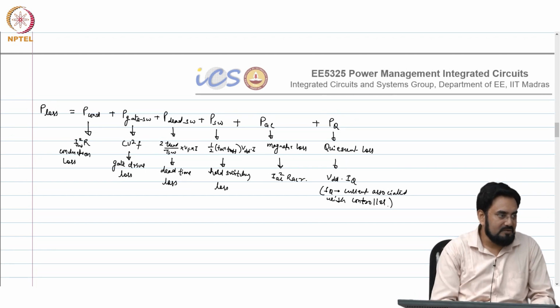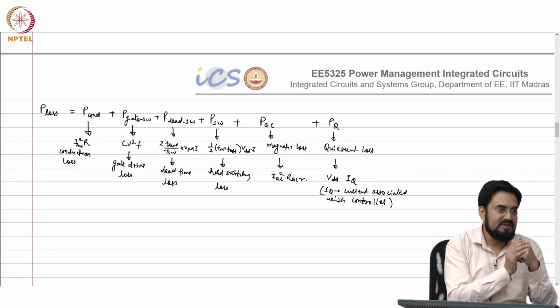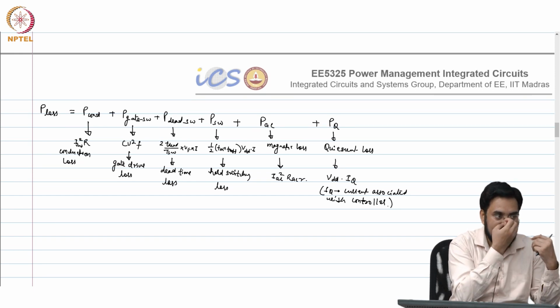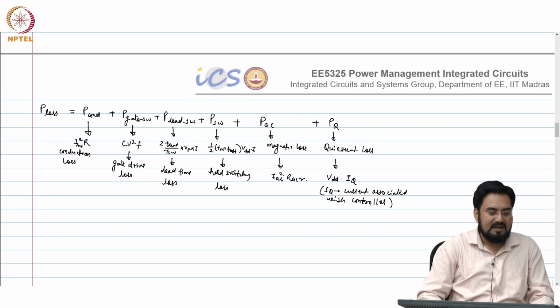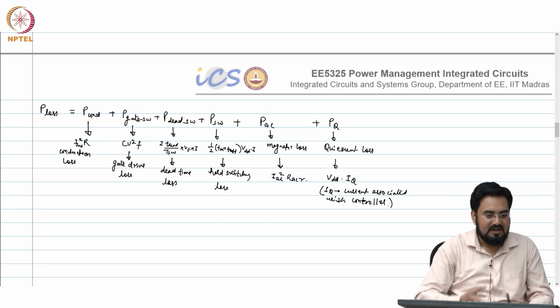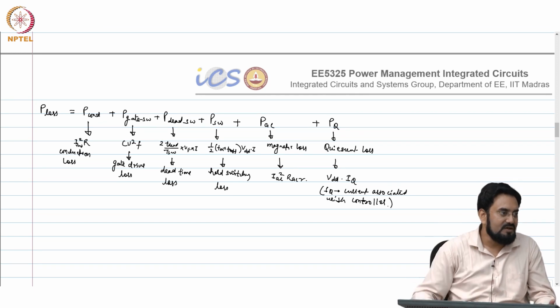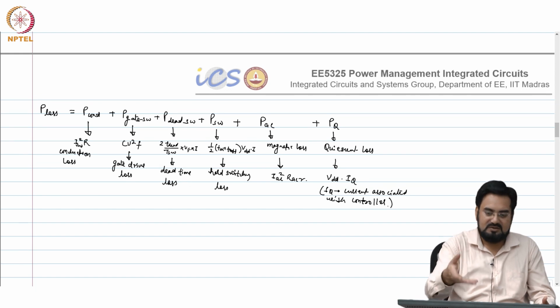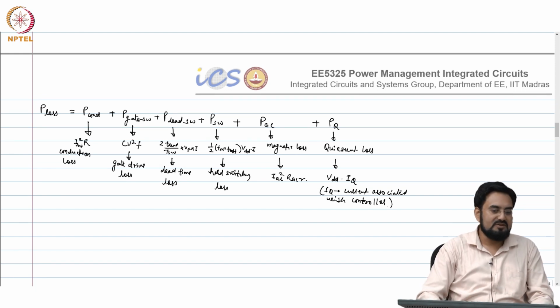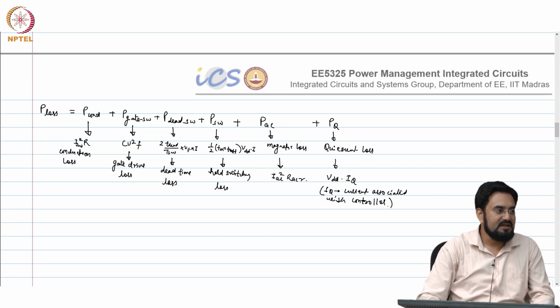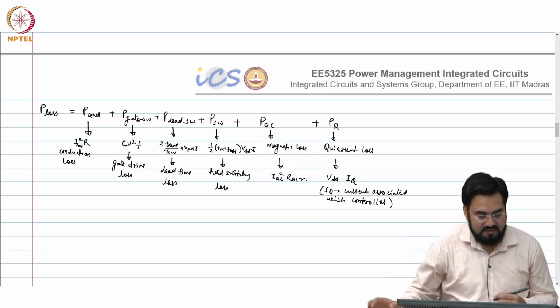And at light load we already talked about one way you improve the efficiency, by reducing the frequency. So, at light load you switch at a very low frequency, but this IQ will be fixed, it is not going to change because the controller is on. So, your gate driver loss will also go very low, your dead time loss will also go very low, conduction loss will already be low because you are not operating at very high load. So, the IQ will start dominating. Your efficiency will be mostly determined by the IQ current. That is why at light load your PQ is very important. So, you try to design your controller with very low current.